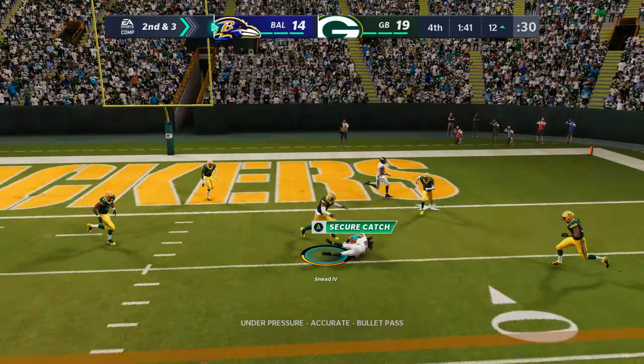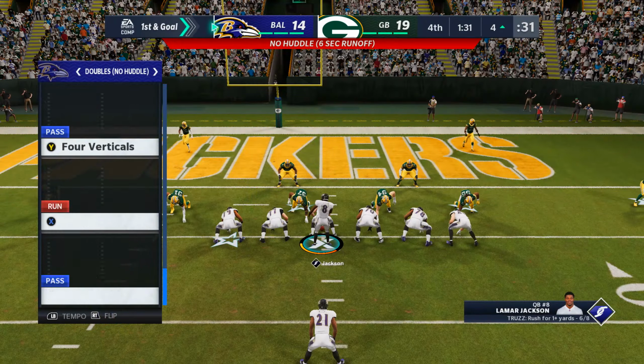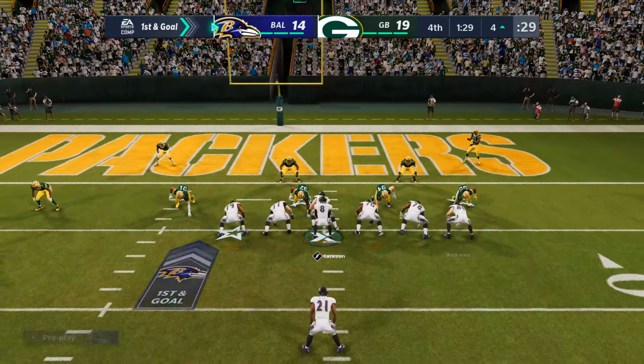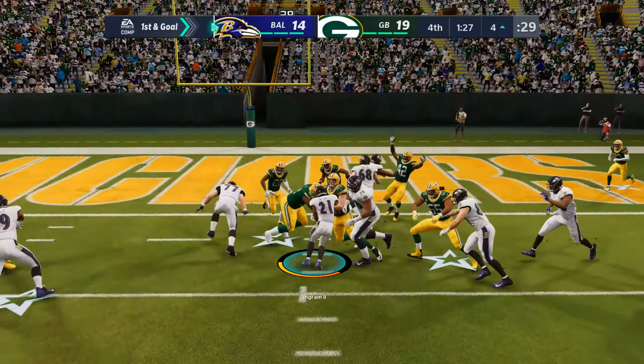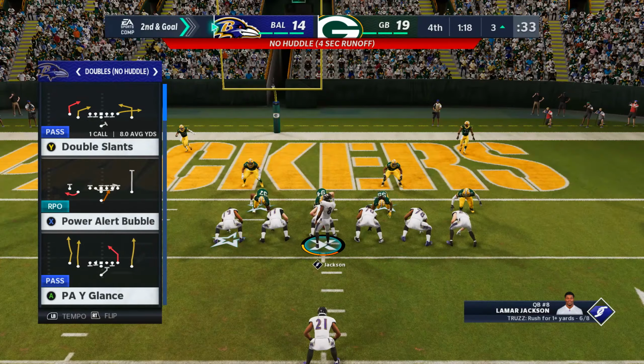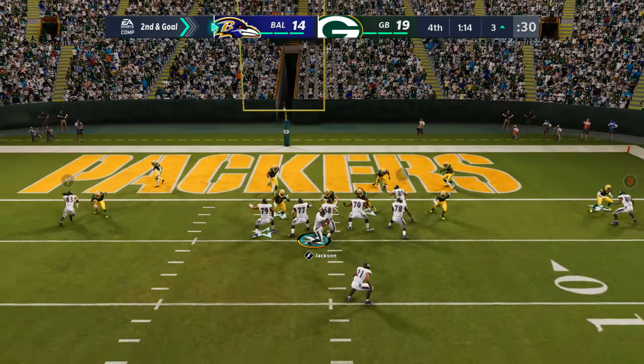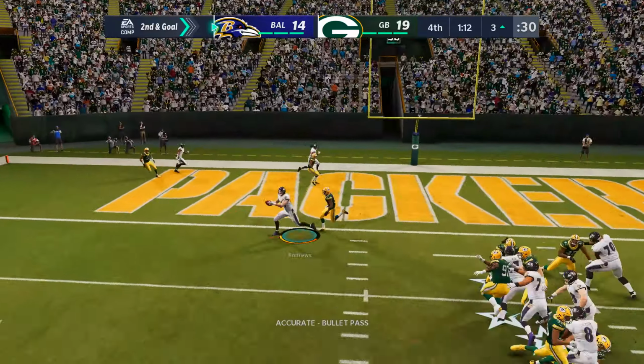I like the call there because that was one to take time off the clock and get them closer to getting out of here with a W. In the mind of the play caller, all you want to hear is tick, tick, tick. And he will push his way forward down to about the 3-yard line. It's a gain of a couple, and it'll be 2nd and goal. Looking at this now, you got to...